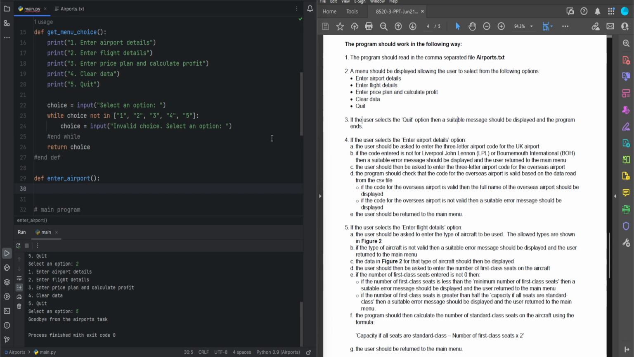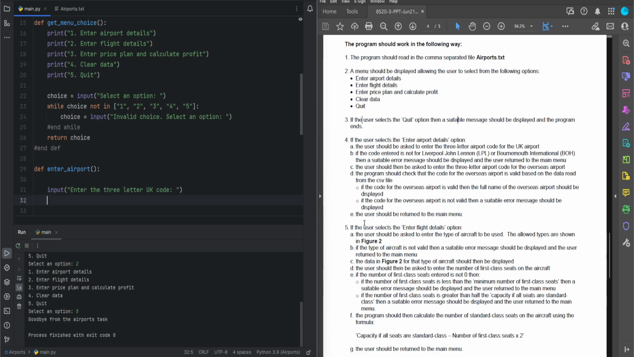So the first thing it asks us to do is to enter the 3-letter code. So first thing it wants to do is not print. We want to input, enter the 3-letter UK code, and again we sometimes would use a while, but in this particular case it just says to return back if it's not correct, and so with a message,